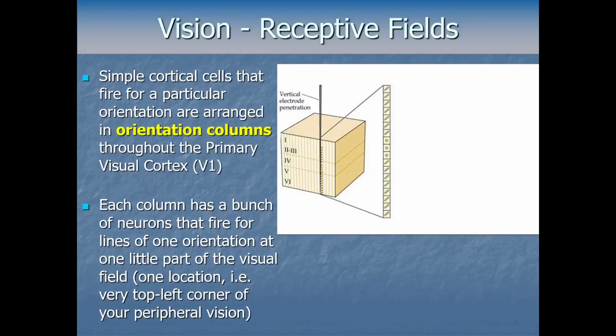Now, if we look at V1, so back when Hubel and Wiesel were poking in the cat's brain and picking out individual cells in V1 and seeing what they go off for, what we find is a very organized map of how these V1 simple cells are laid out. So there are simple cells that go off for a particular angle, a particular orientation in the visual field, and they're all next to each other. So all the cells that go off for a 45-degree angle will all be literally next to each other